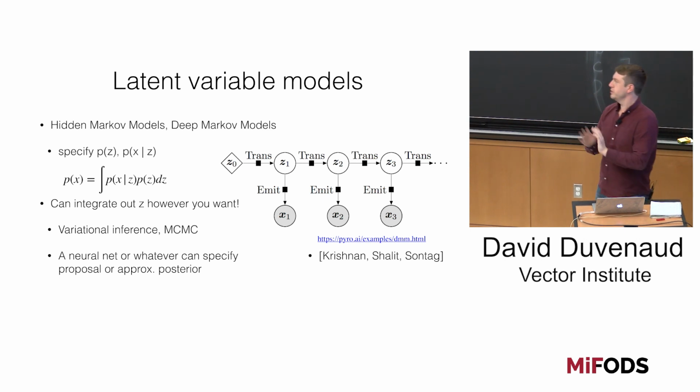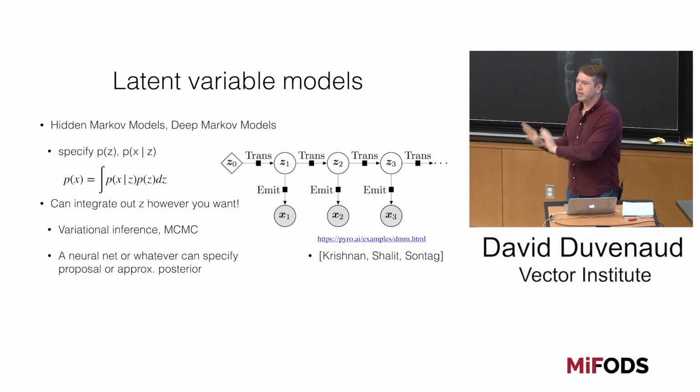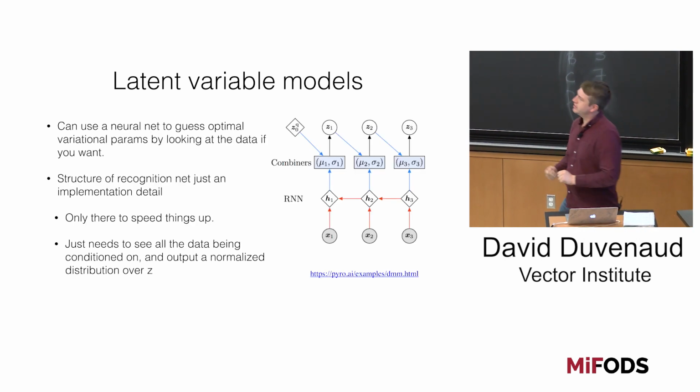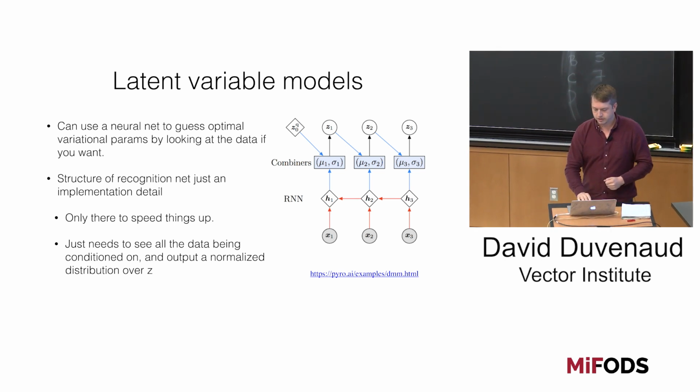You can do variational inference, MCMC, or some sort of weird quadrature strategy. Whatever you want, that's just up to you. You can change your strategy for integrating out Z at any point. In practice, we happen to also use some big neural network to consume all of our X's and combine them in some complicated, not necessarily important way, and output a joint distribution over Z's to parameterize some approximate posterior P of Z given X.